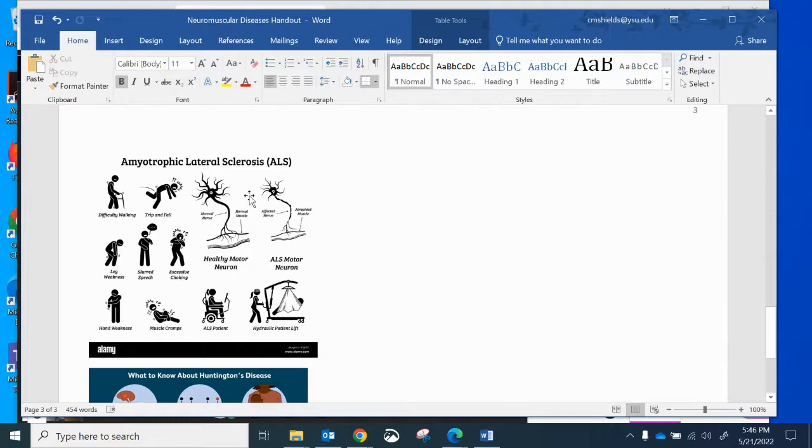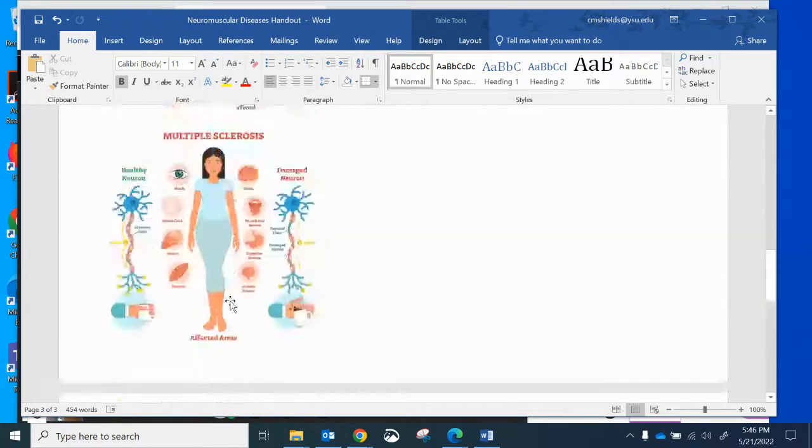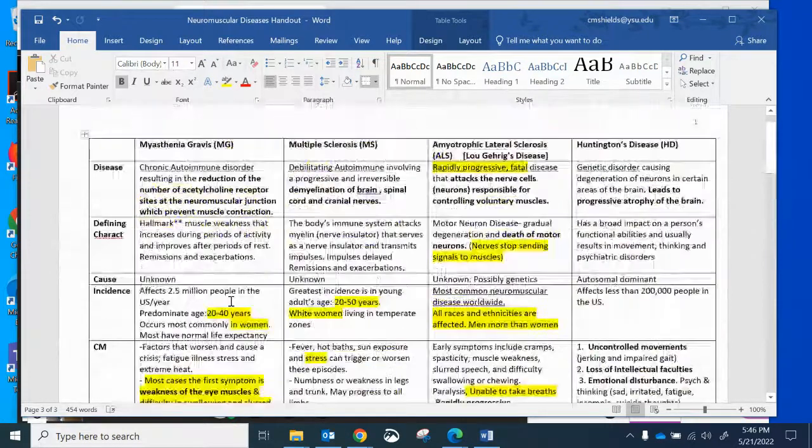This is a healthy motor neuron, the normal nerve innervating the muscle that tells the muscle contract, relax, contract, relax. And this is an ALS nerve, the affected nerve. And you can see how this nerve is not even innervating, not even attached to the muscle right here. There's no innervation. And because of that, you can see this muscle has atrophied as well. And that's why they end up in a wheelchair and their legs and extremities become atrophied. And it's rough. It's just rough to see.